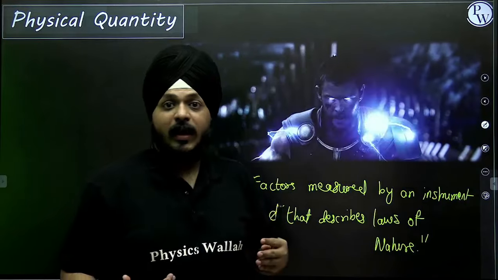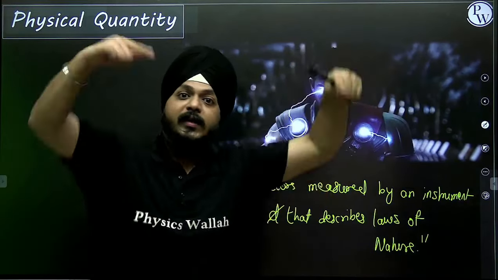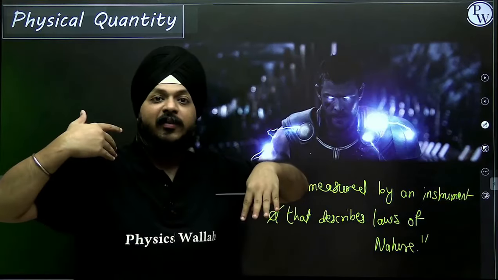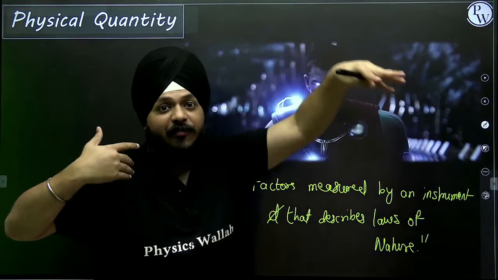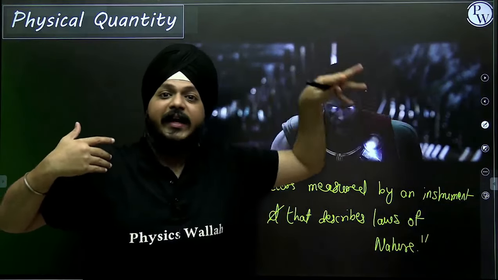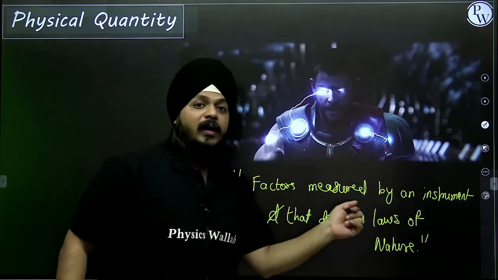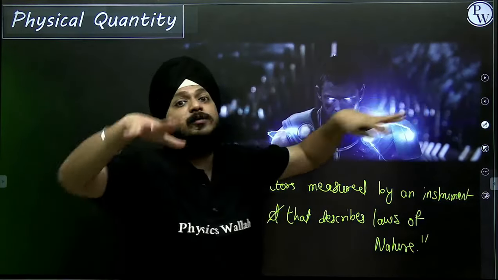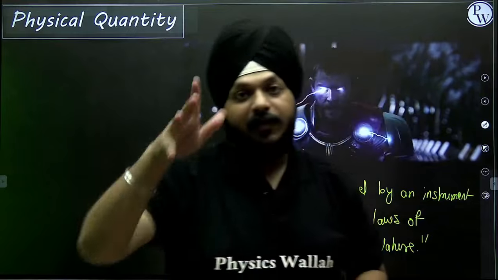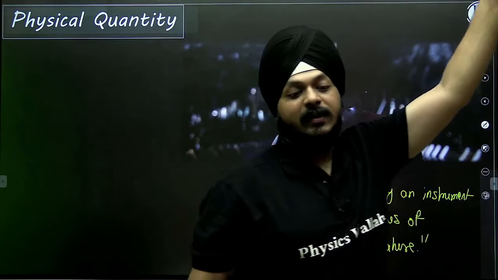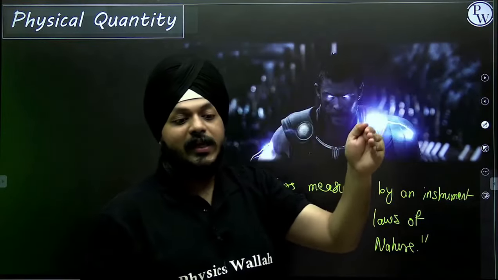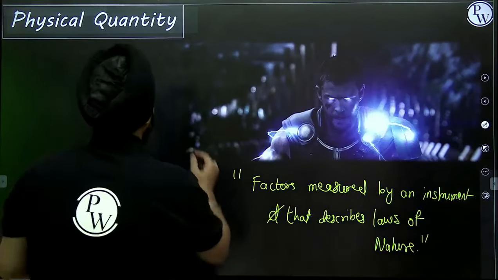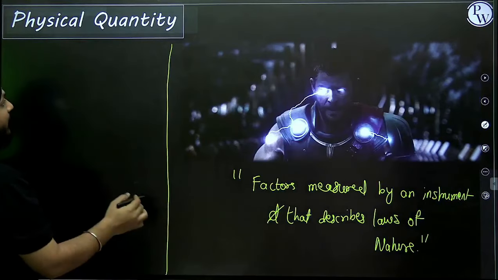In the same way, analyzing an activity that is going on is the study of physics. But how do I want to represent that? What are the factors involved in that example? That is a physical quantity. The measurement of all of those factors by an instrument, describing one activity going on in the surroundings, is a physical quantity. So first, physics, physical quantity. Now we are moving on to the next part, units. The same example we are going to take.